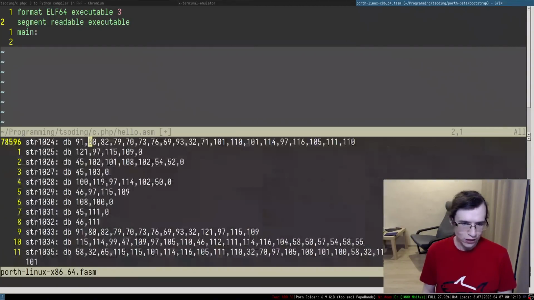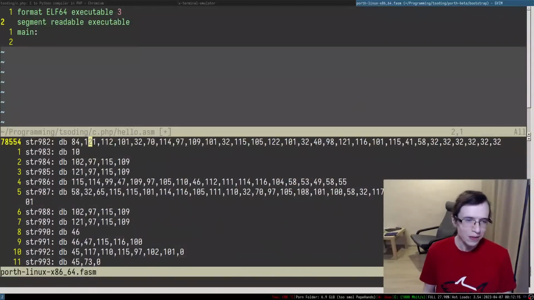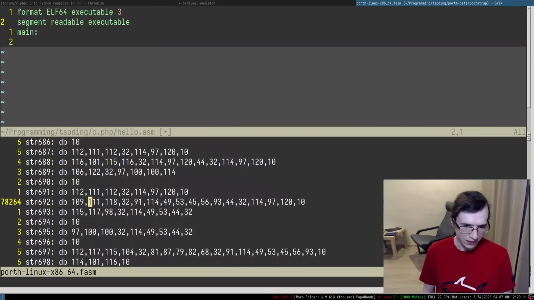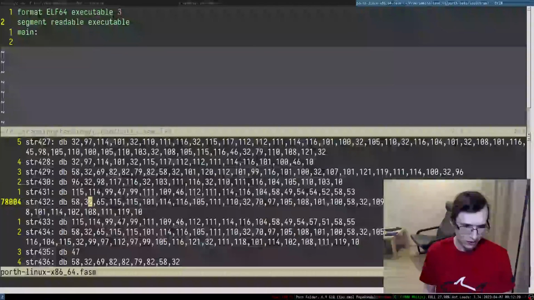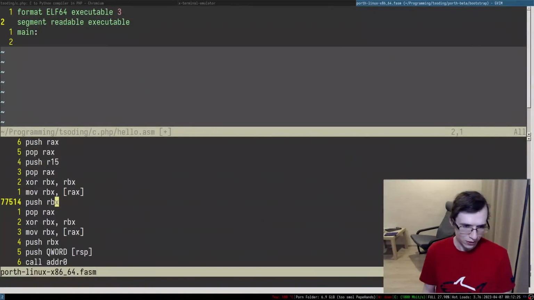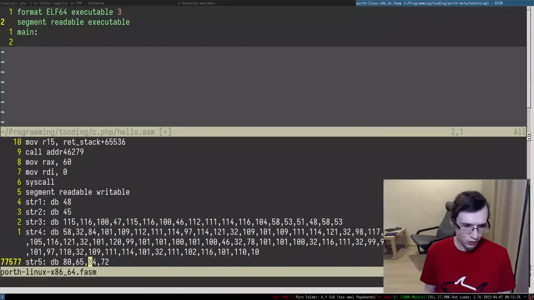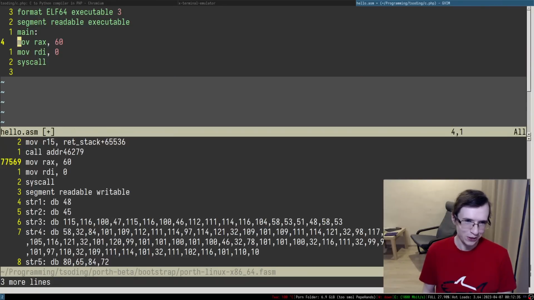So there's a lot of data in here, as you can see. All of that is literally data, right? So let me just find, okay, but I don't quite remember. So this is the syscall. This is the exit syscall, I do remember that. So I'm going to actually put it in here. This is the exit syscall.